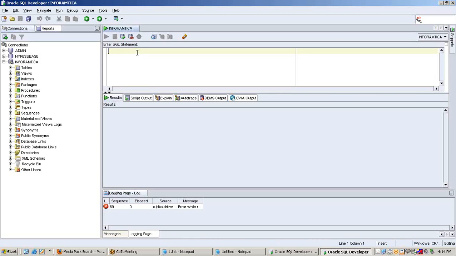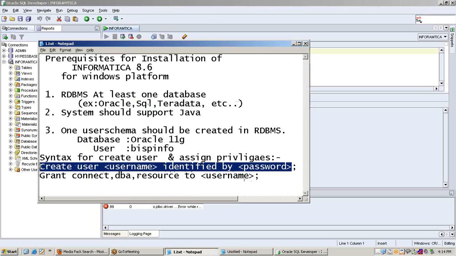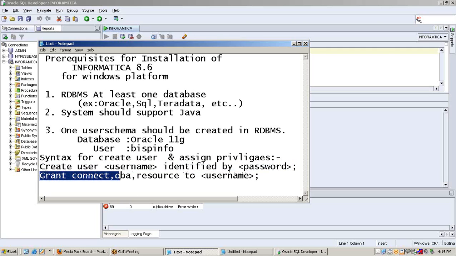Now here we'll create a user. Just follow this syntax for create user: create user username identified by password, and this syntax for grant privilege to username: grant connect, DBA, resource to username.